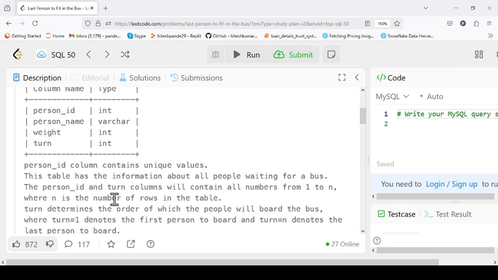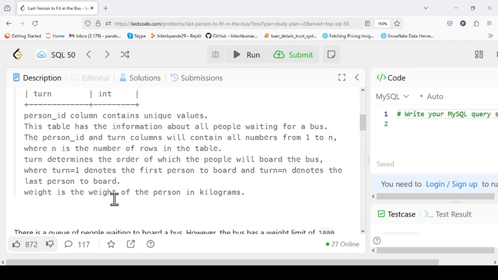The person_id and turn columns will contain all numbers from 1 to n, where n is the number of rows in the table. Turn determines the order in which people will board the bus. Turn is the field which identifies the person's waiting number, or when that person will get their turn to enter the bus. Turn equal to 1 denotes the first person to board, and turn equal to n denotes the last person to board